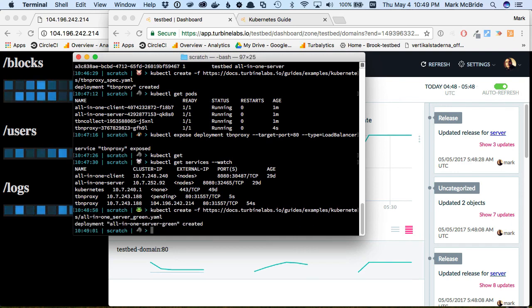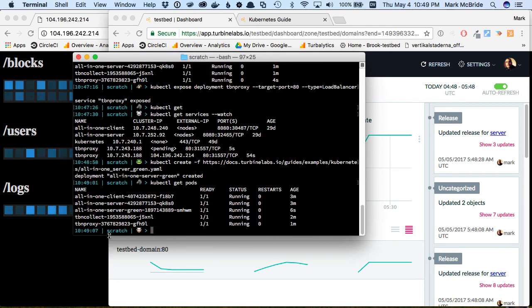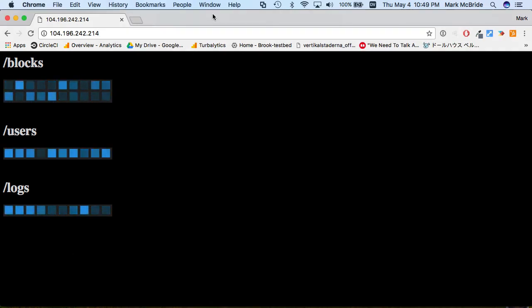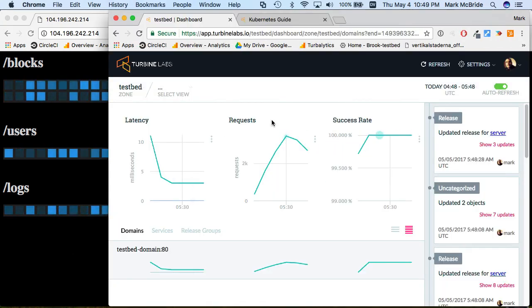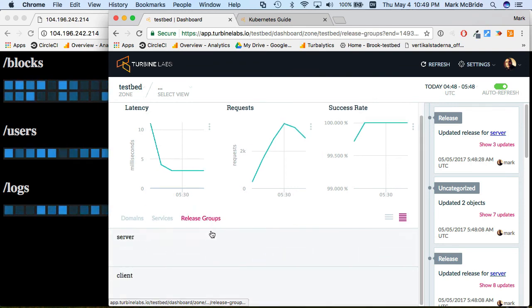So what if we want to deploy a new version? So we want to deploy a green version of the service and have it go out. And you'll see that even though we have running pods, it should have already come up. This is great. There's actually no traffic running against that pod. It's still all blue. However, if we go look at our release groups, we'll see that for the server release group,